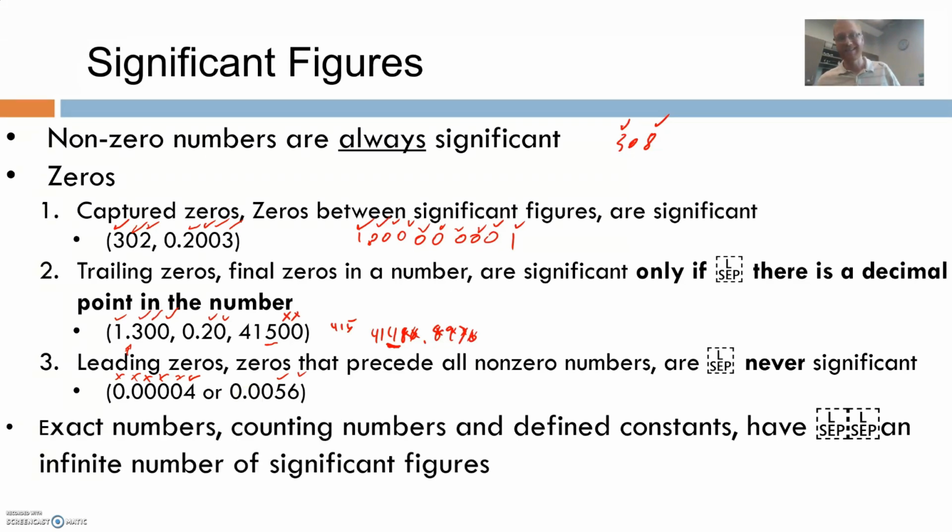All right. And then exact numbers, counting numbers, and defined constants have an infinite number of significant digits or significant figures. Now, here's the thing. If you were to count up the number of the people in the room, all right, or the number of family members that you have,